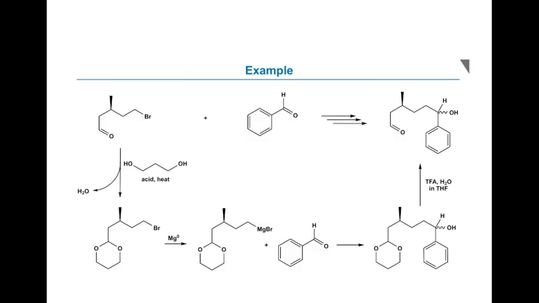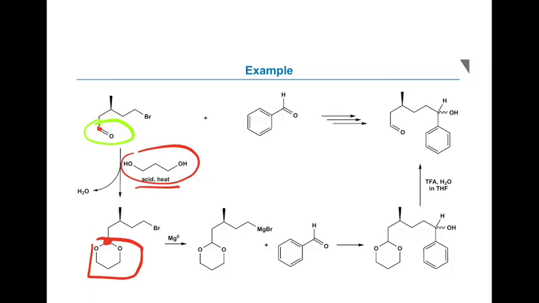I start off with a reactive aldehyde. I take my cyclic acetal, this diol, I do my acetal formation, and I install a protecting group. That carbonyl is no longer a carbonyl. And remember, how do I break down my acetals? Acetals are formed using acid, stripping out the water, and I use acid catalysis to form them. If I was going to break them down, I need acid catalysis and water to strip them down.